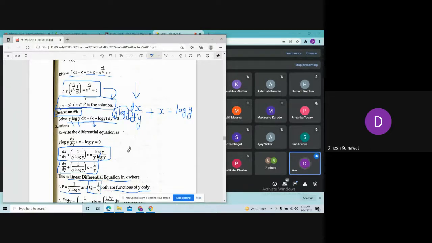Now tell me, in finding the integrating factor, what will we take in the power of e? So e raised to integral of p dy, because p is a function of y. Okay, so always remember, when there is x here, the integrating factor will have dy; if there is y here, the integrating factor will have dx. So please remember in this way. Okay, now let us consider integration of p dy.